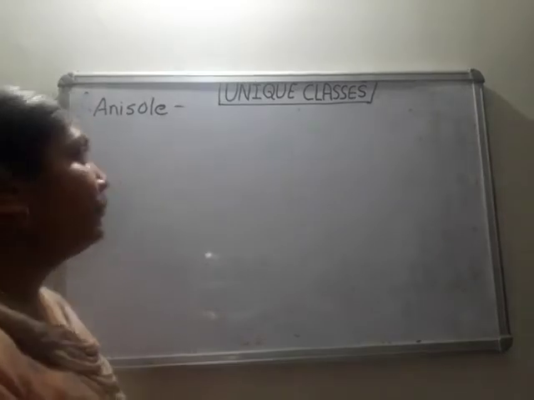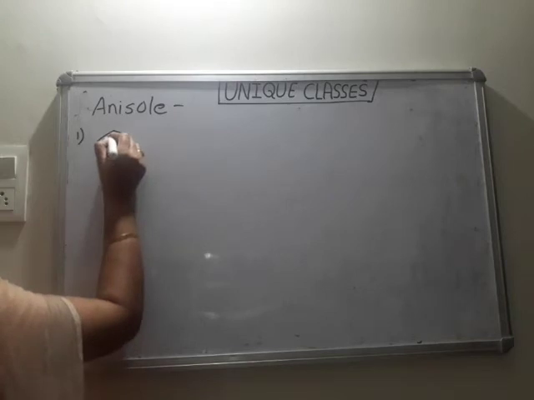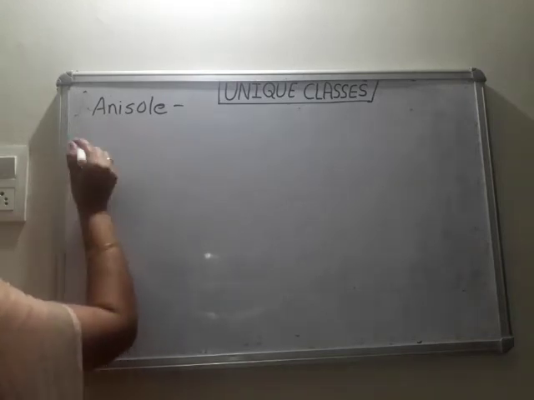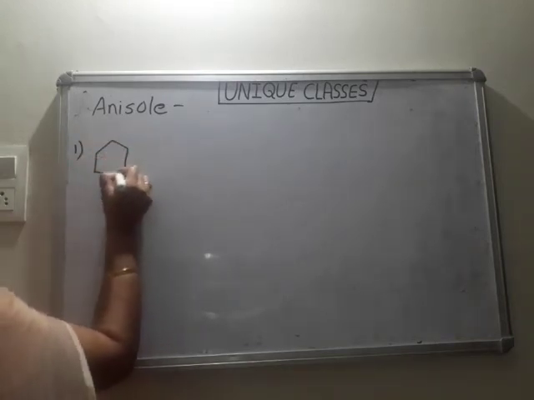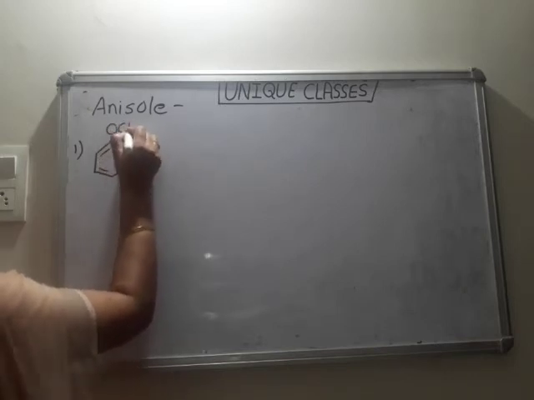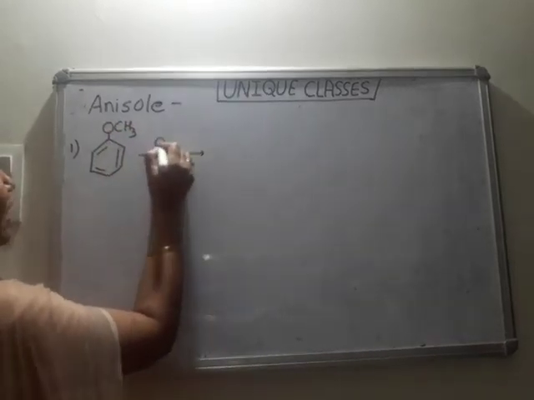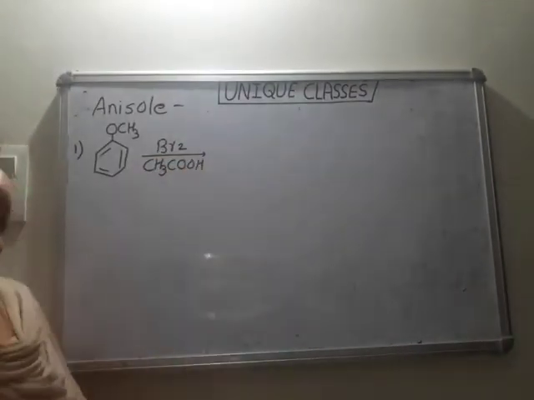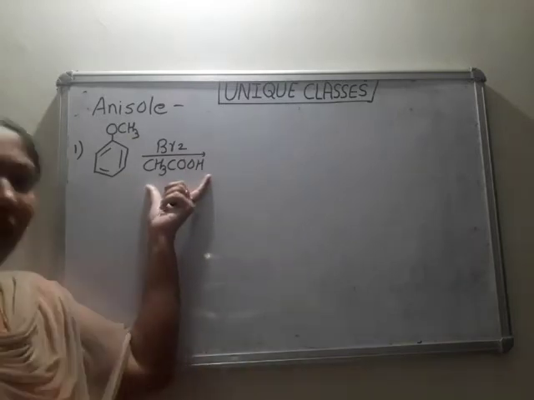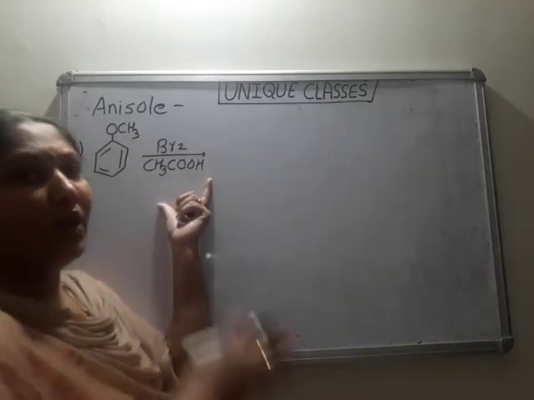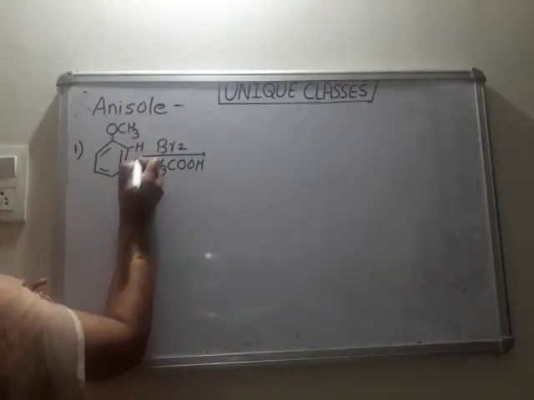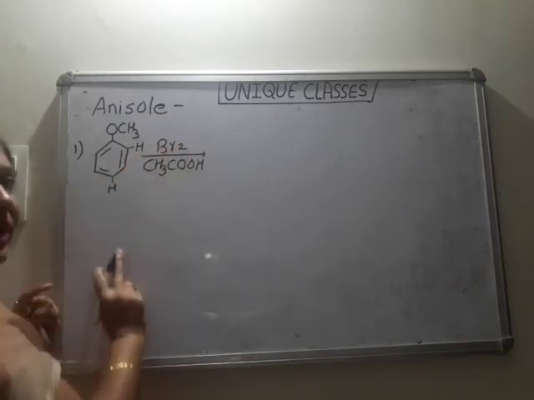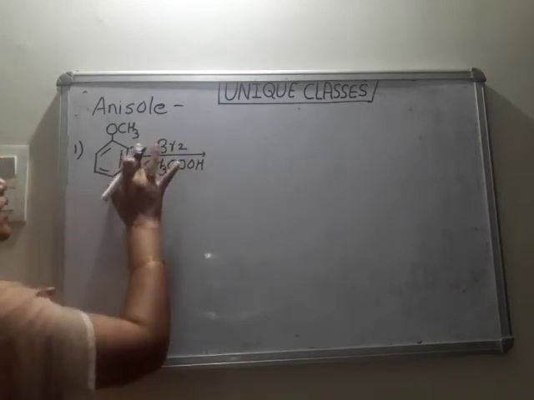Okay, so first reaction, that is bromination reaction or halogenation reaction. So here this anisole, OCH3, it reacts with Br2. Solvent used is CH3COOH. No role of acetic acid, does not participate in the reaction. It is just a medium to carry out that reaction. So orthohydrogen as well as parahydrogen, they are replaced by Br, and we get the product.